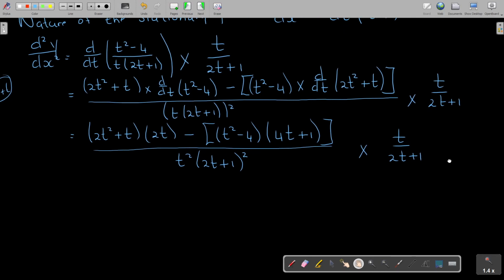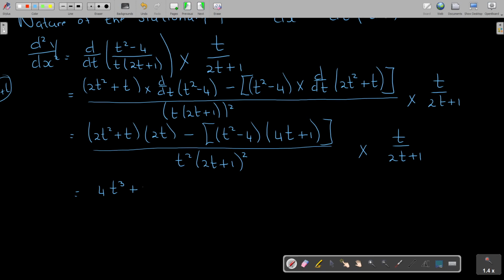Okay. I think sometimes, because you're just going to substitute 2, you can just substitute it in here and get an answer, because you actually just want to see if it's bigger than 0 or smaller than 0. Okay, but for explanation's sake, I'm going to continue on. Okay, so if I multiply, I'm going to get